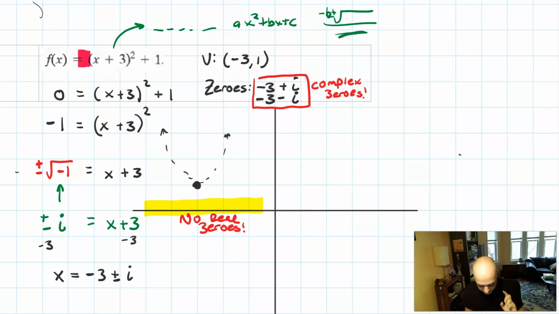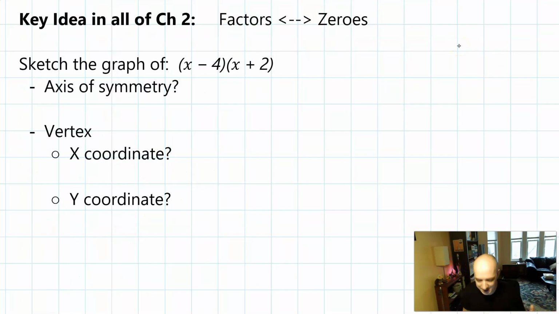Instead, just keep solving, but whenever you get that square root of -1, you used to stop, you used to say, I don't know what to do with this. Now you keep going. One of the key ideas in all of Chapter 2 is that factors of a polynomial correspond to its zeros. So say that you're asked to sketch the graph of x minus 4 times x plus